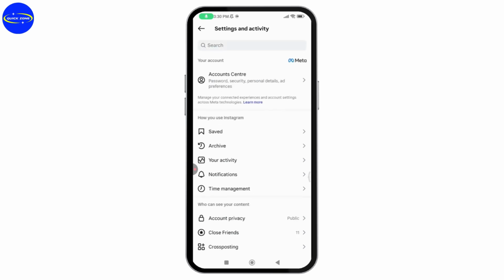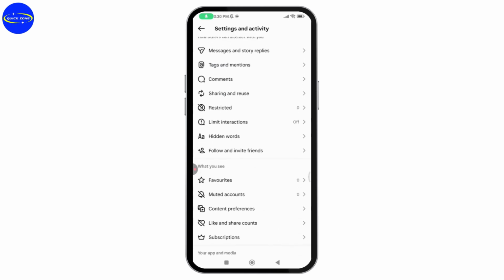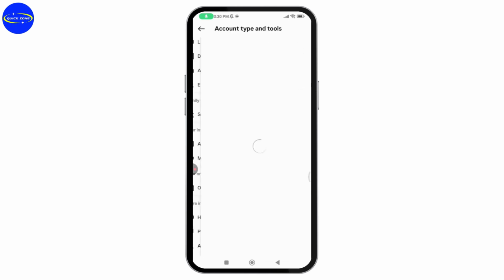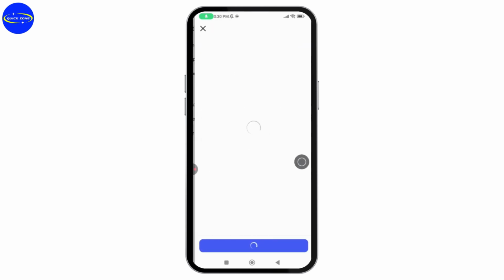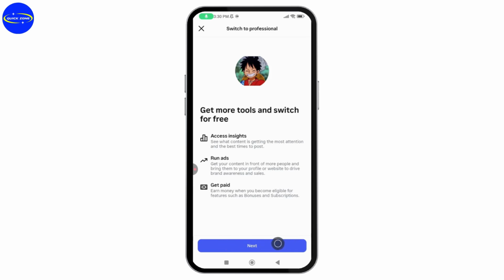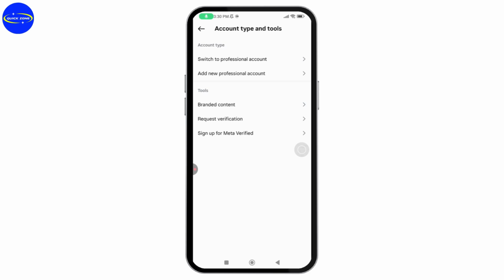And you need to switch the account type to a professional account. So just scroll down, go with account type and tools, and here you will have an option of switch to professional account. You need to switch your account to a professional account. Tap on it and then go with next, which will be on the bottom. Follow the process. And once you switch your account to a professional account, then it will fix your Instagram music